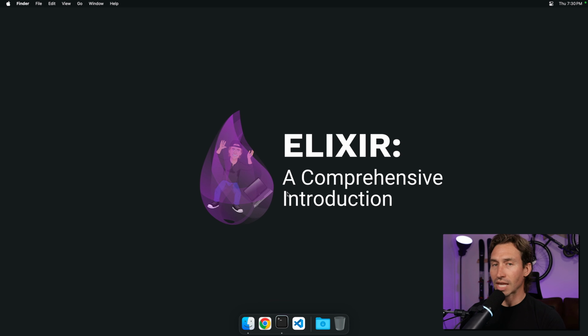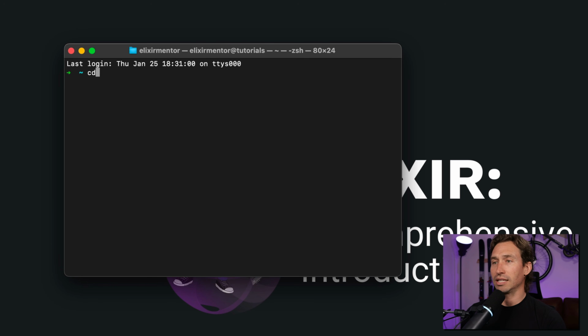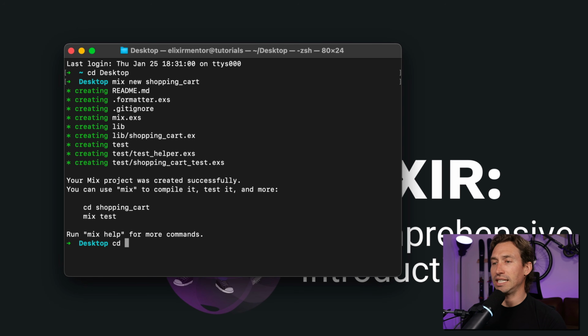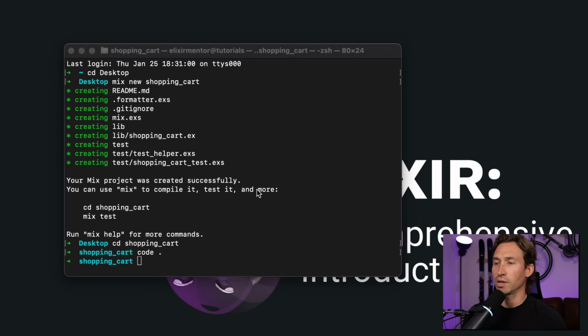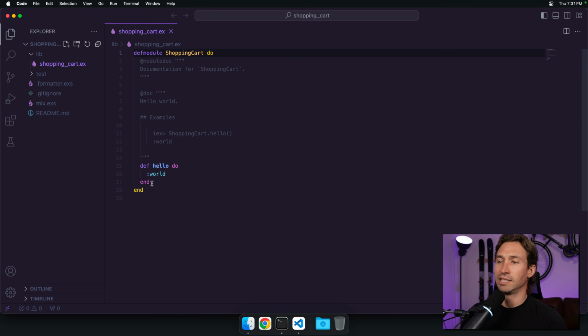So let's go ahead and open up our terminal, and we'll create a new project. I'll make this a little bigger. And first I'm going to CD to my desktop. You can create your project wherever you want. And I'm going to do mix new, and we're going to call this ShoppingCart. And let's CD into that directory, ShoppingCart, and then go ahead and do code dot to open up Visual Studio for us. All right, we can close the welcome message, expand lib, and let's open up shoppingcart.ex and delete this